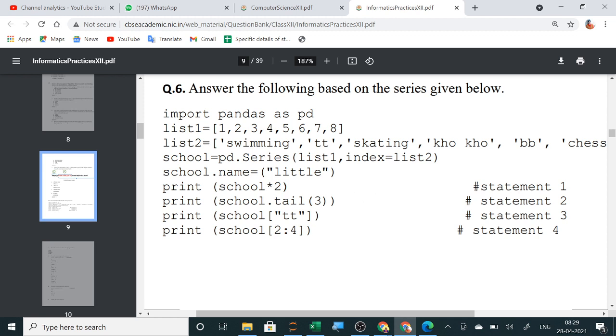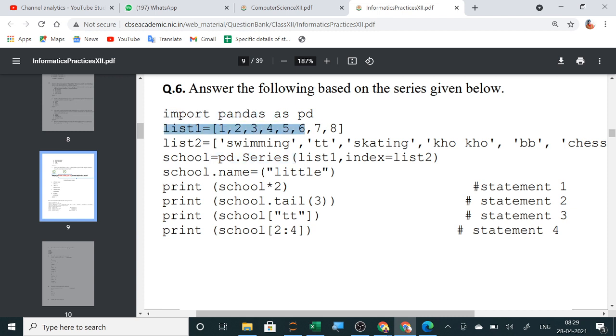Now how to explain it is, first import pandas. Why do we do it? We want to use all the functions of pandas. So any function of pandas, like series, data frame, any function, you have to import pandas. Now I am giving pd as alias name, so that instead of writing pandas.series, I will use pd.series. So I want to create a series. For that I have to use pd.series. For that I am importing pandas.